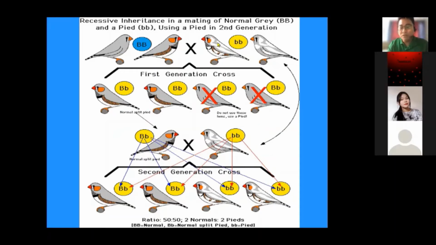So a chromosome is a structure in the cell that contains the genetic information. As what I've said, doon makikita ang ating DNA sa ating chromosomes. And the DNA is the basic structure of life. Kung saan, dito din makikita ang ating genes. So this information is passed from one generation to the next generation. Ayan.